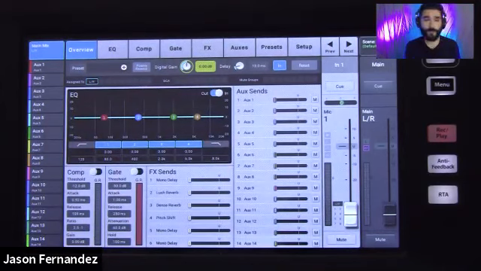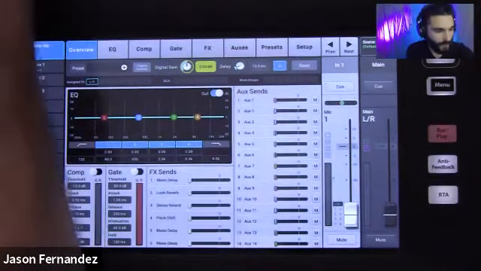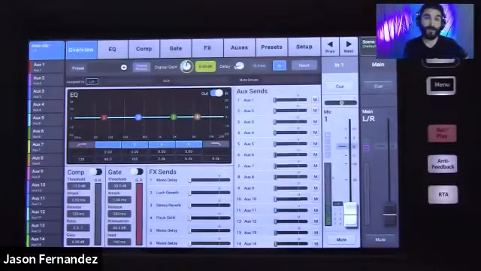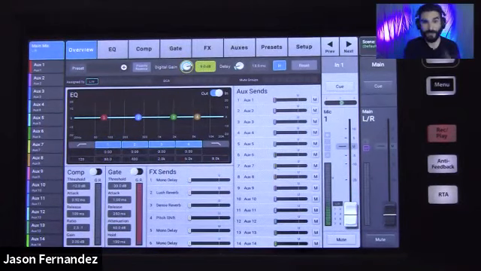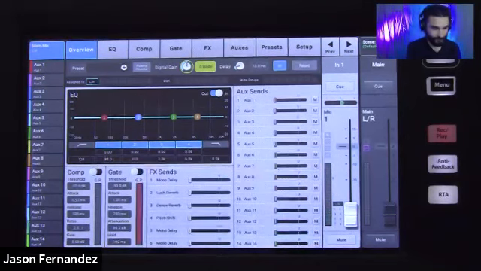Aside from just leveling the channels, it can also be used in the instance where maybe you've got a channel that is completely maxed out on the analog trim and you're still not getting enough signal into that preamp. It's a particularly weak signal coming in there. You can then come into the digital gain and you have up to 15 dB that you can add after that so that you can hopefully bring that up to an appropriate level. Cool. So that is the digital gain.